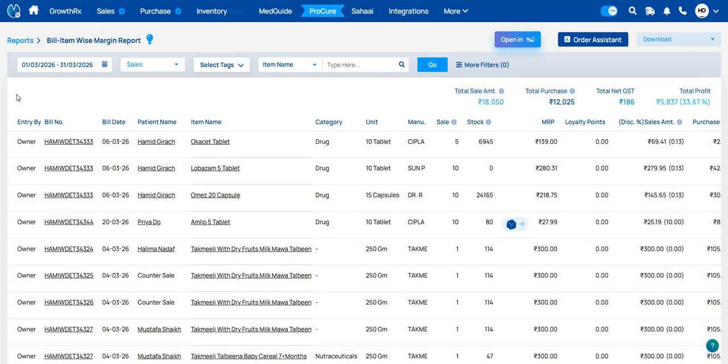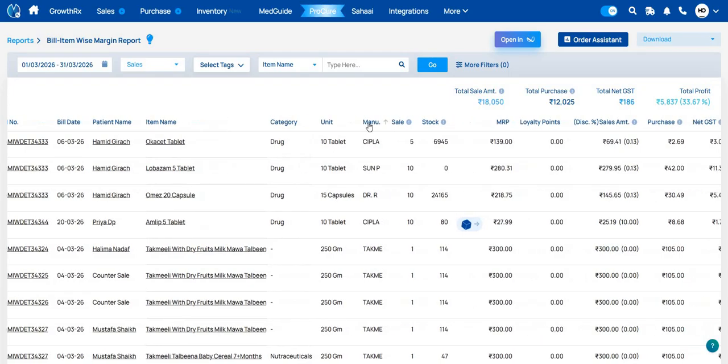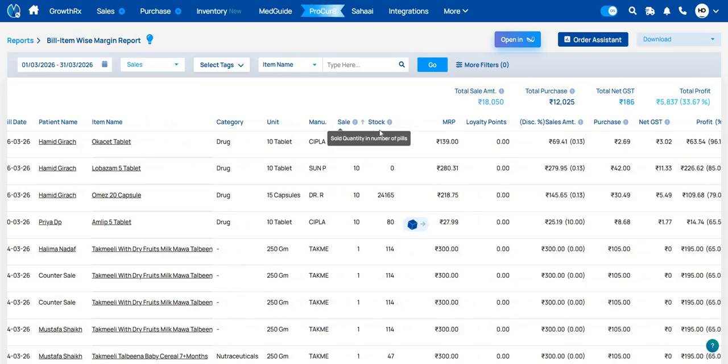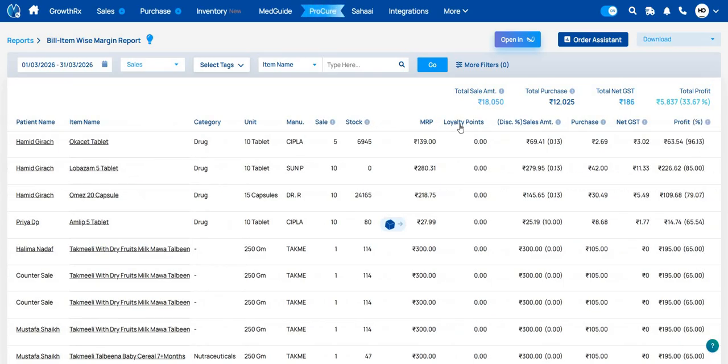So that can be filtered out. For example, what columns are available in the report? You can see first the entry by, so which staff has made the bill, it would show here. In the next column is the bill number, then the bill date, patient name, item name, category, unit, manufacturer name, sales quantity, stock, MRP, if there are any loyalty points of